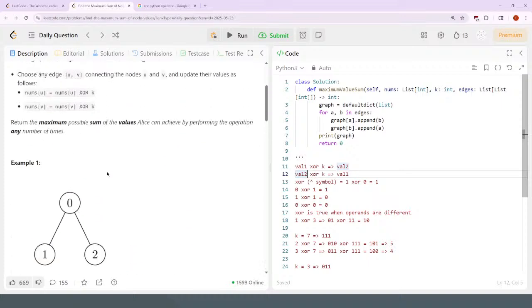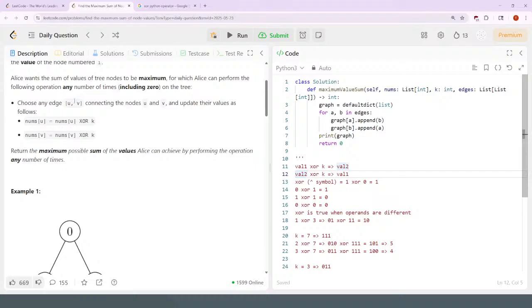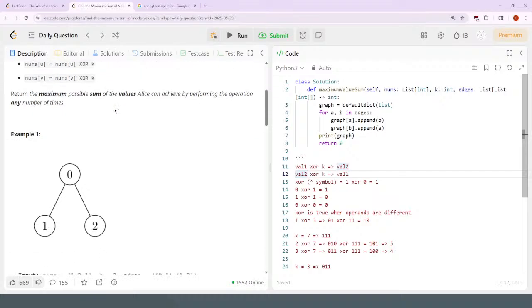The benefit of toggling each edge. And if the benefit is positive, then you toggle it. That could work. The only issue then is